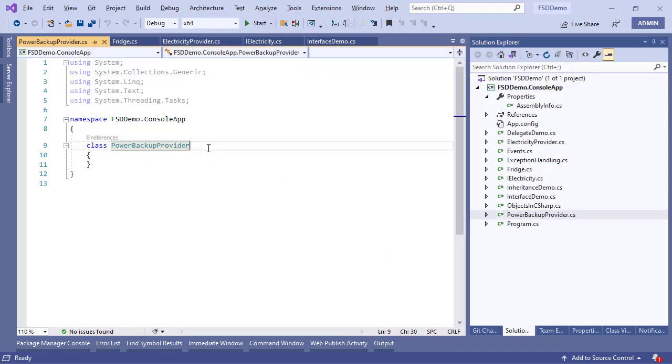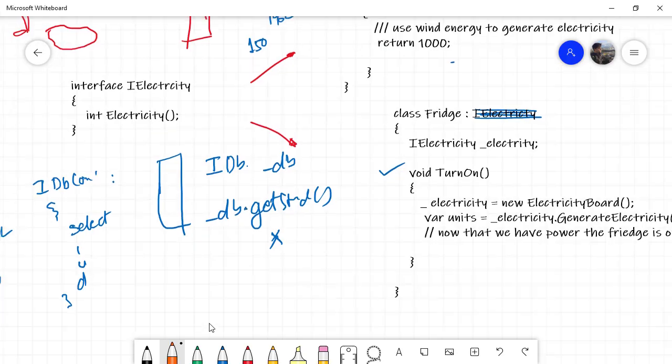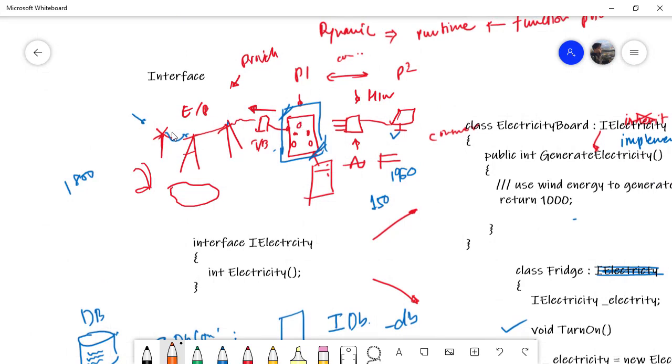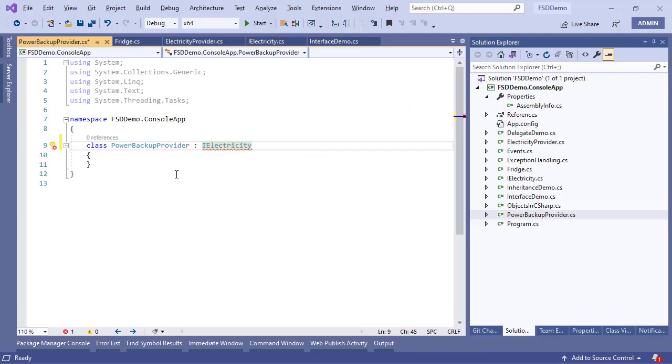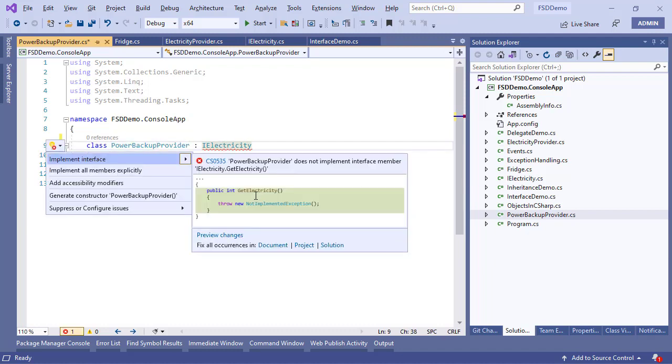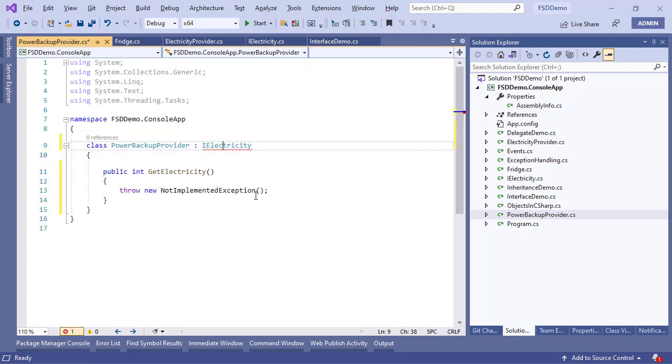Now, a power backup is also going to provide electricity. So when you want to have different implementations of a provider, you are switching from, say, wind energy to hydraulic energy. That means the way it is going to get represented in the code is that you're going to have a different provider for the same interface. And now if I hit Control dot and hit implement interface, I'm going to get this implementation once again. I can delete this code